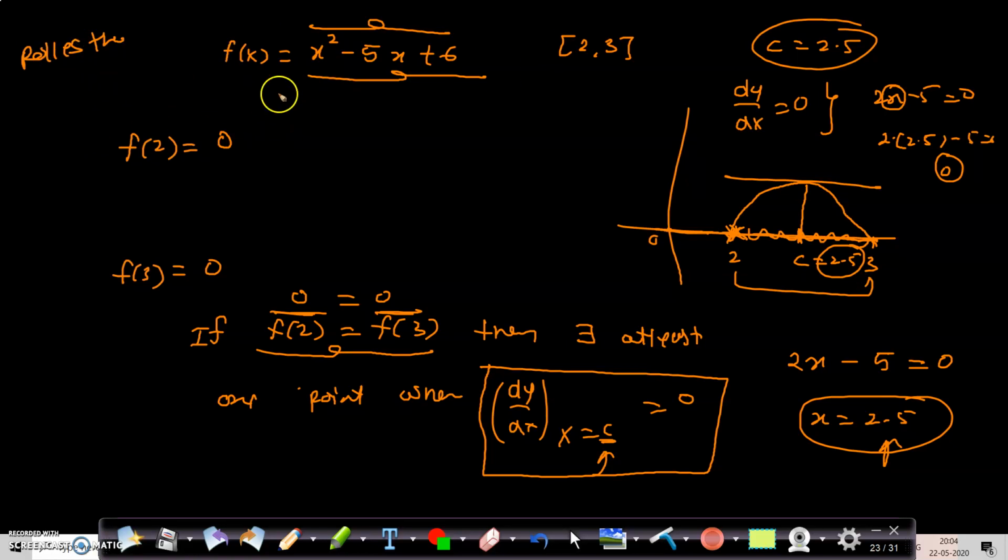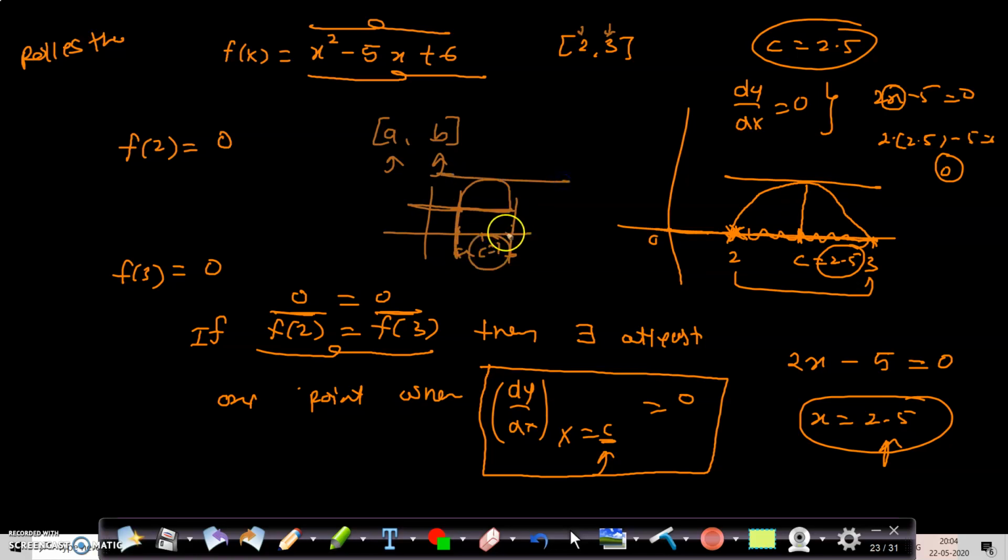Suppose this is your given function and we have an interval. So what we're doing is testing at the starting point and the ending point. If these are the same, that means what? If you have a and b as your given interval, we do a very simple calculation on these points, putting them in, and if you are getting the same answer on a and b, like this, suppose on A we got this point and on B we got the same. That means if you draw the curve, between A and B there will be at least one point where the derivative is going to be 0. That is the meaning of it.